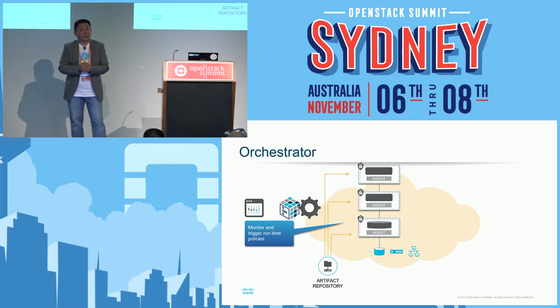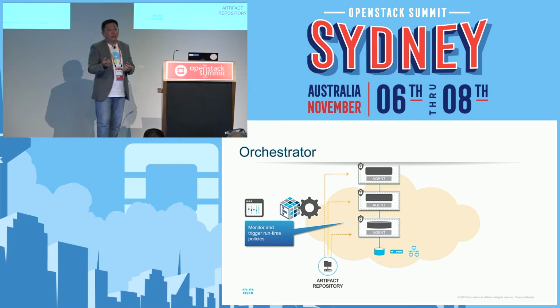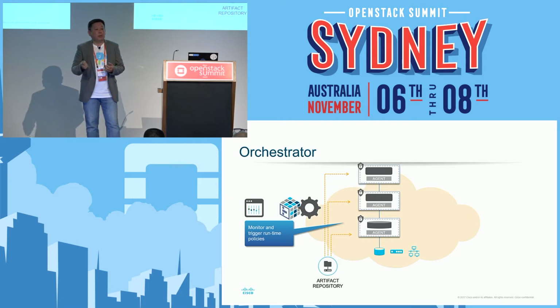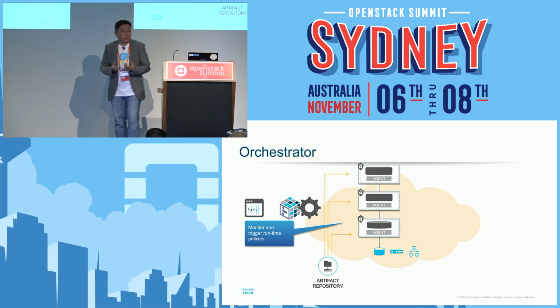We do that collection to get costing as well. And the other thing is trigger on runtime. So when I actually have a web server hitting 80%, I want to be able to add another web server and then configure the load balancer with that second web server. So this is where all the flexibility is.